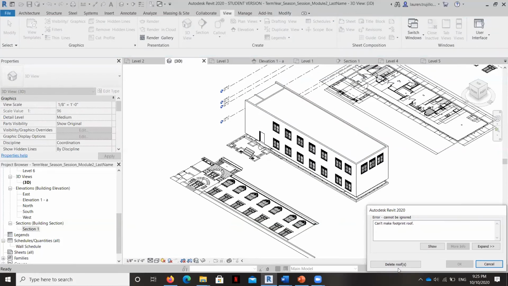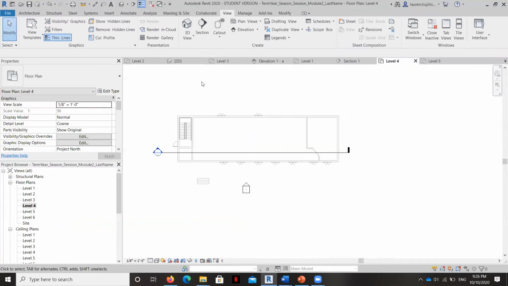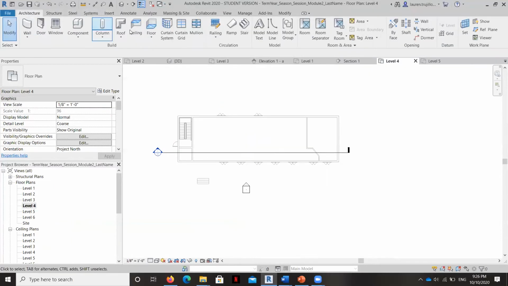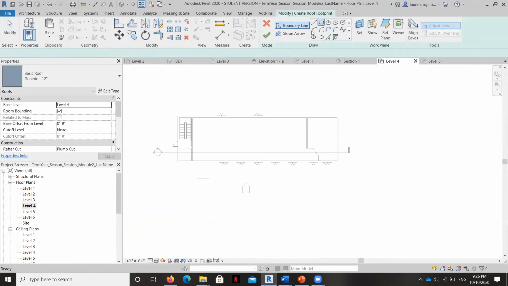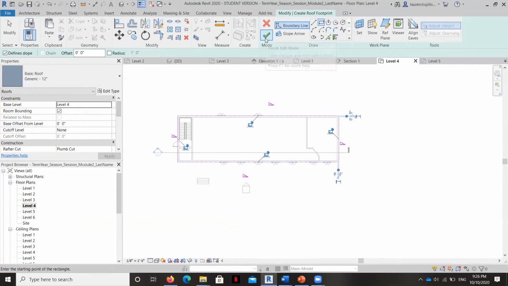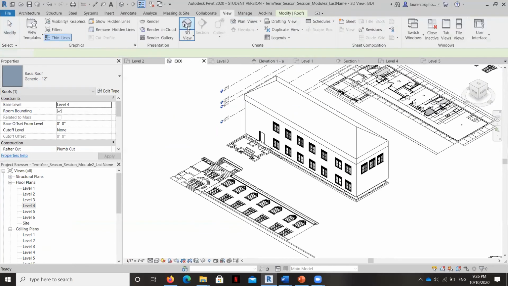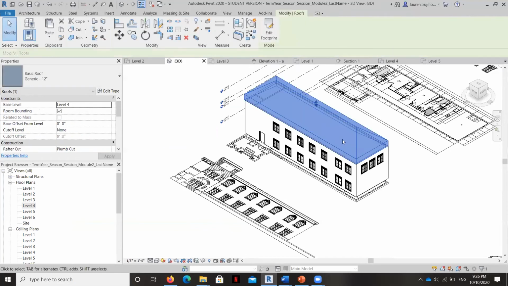What's going on here? Hold on, stand by. Let's go ahead and delete roof. And I'm going to draw it again. Okay. And now we should have a little bit more of a, yeah. So there's our 9/12. Now we can click and drag this up and down like this. We can have a very pointy roof or a very short roof.